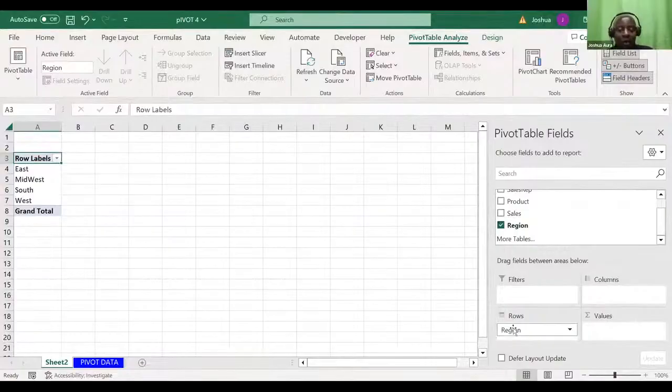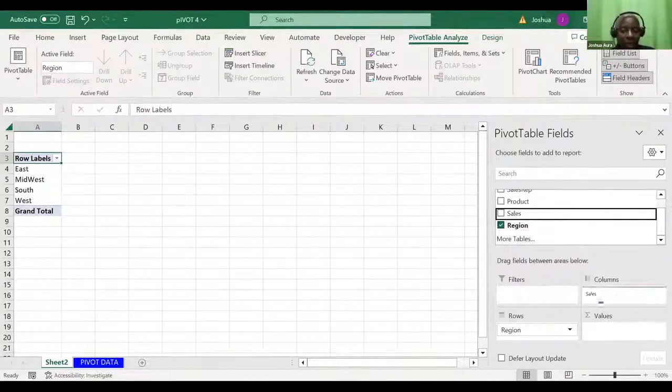When you're dragging down, on some computers you have to left click, and then you hold on to the click, and move with it. Or you have a mouse pad, you simply come and click on it, and then you hold on your mouse pad. You drag down slowly the region to the rows. And then sales figures, hold on to these sales. I'm holding on to these, dragging it down to the values. Beautiful.